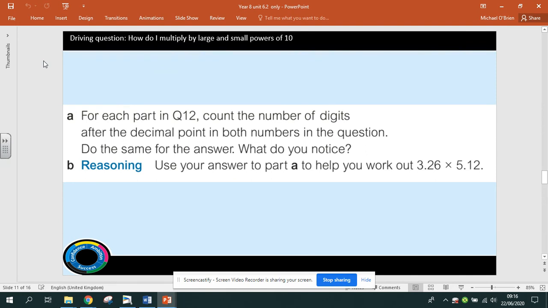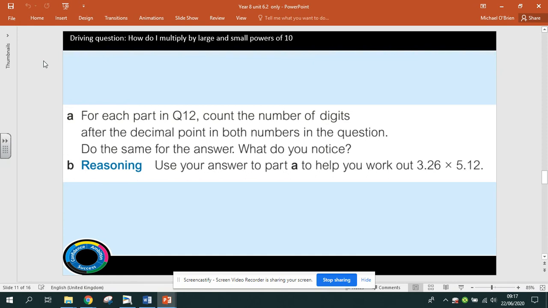Okay, so the thing you should have noticed is that in question 12, the number of decimal places, the number of digits after the decimal point in the answer, was the same as the number of decimal places in the question. So if your question had two numbers after the decimal place, your answer would have two numbers after the decimal place. If it had three numbers after the decimal place altogether in both of them, you should have three numbers after the decimal place in the answer,